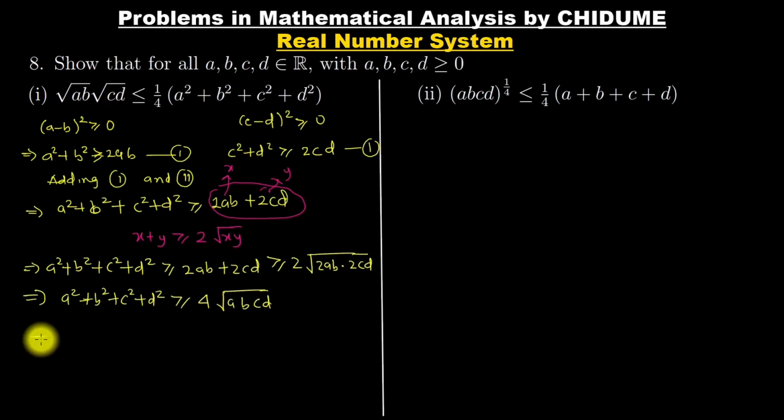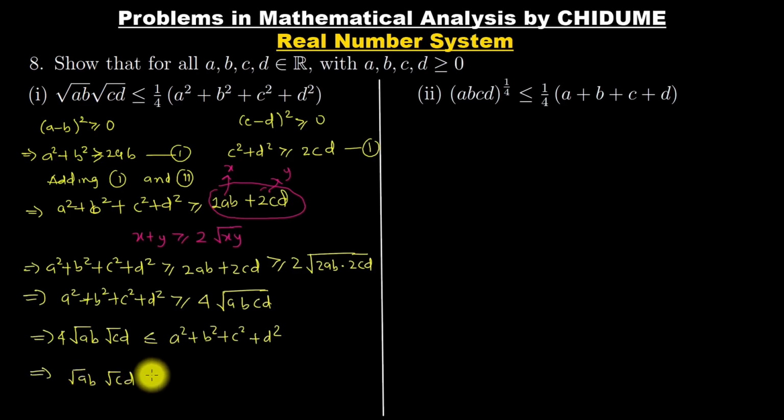And that means I can write this as the square root of ab multiplied by the square root of cd multiplied by 4, which is less than or equal to a square plus b square plus c square plus d square. Which implies that the square root of ab multiplied by the square root of cd is less than or equal to 1 over 4 open brackets a square plus b square plus c square plus d square. And don't forget that equality holds